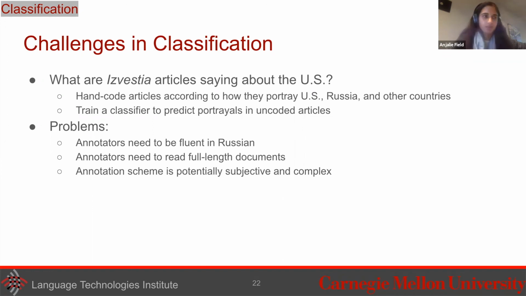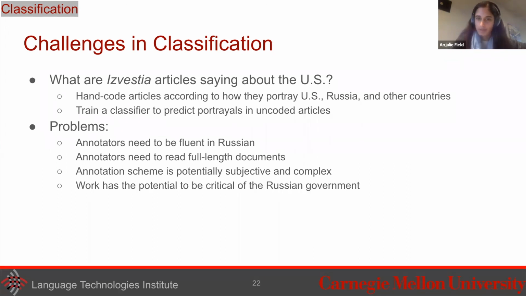This is something that comes up a lot in the subject of hate speech analysis. This is just where I've seen people talk about it the most: for example, if you ask annotators to annotate tweets as being offensive or not offensive, you're forcing those annotators to read lots and lots of offensive language, which is potentially a mentally demanding thing to ask annotators to do. And in this case, the project that we're working on has the potential to be critical of the Russian government. So there's a lot of reasons why someone who actually is qualified to do annotations like this might not want to do it.